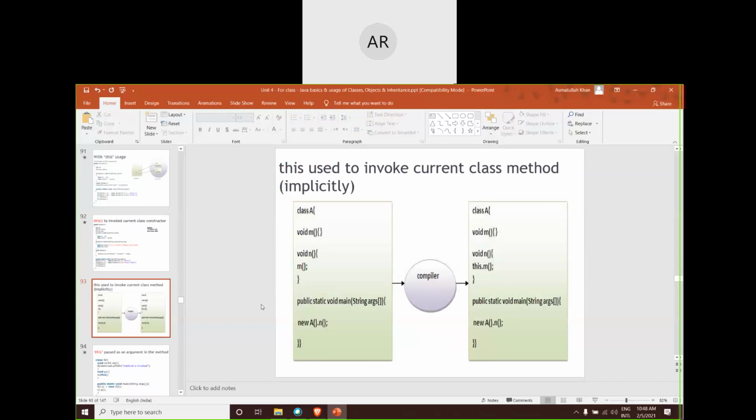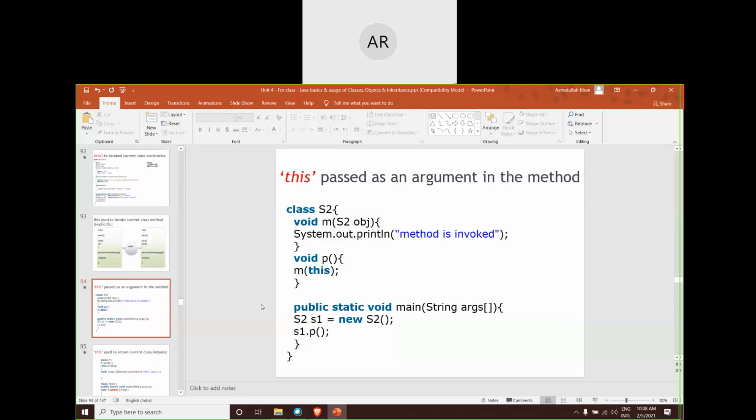So here we had a look at how to have implicit access to member variables. Now we are having implicit access to member functions. How do we make use of that? For example, I have one function here called m. I have one method m, and this method is taking an object of the same class which is being defined now. So this is the current class for me, and it is taking an object of this class as a parameter. It's doing nothing, it's just printing that the method was invoked or something like that. Just to demonstrate its purpose, I have shown you.